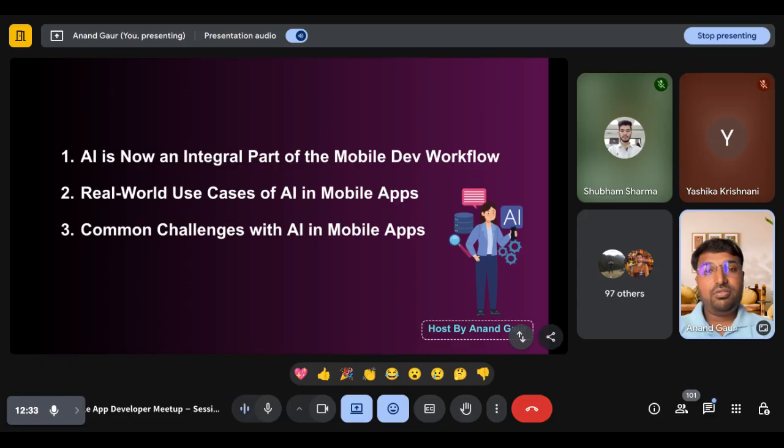AI is not just about adding chatbots or voice assistants. It is now helpful for writing smart code, debugging faster, automating UI and UX testing, and generating personalized user journeys. Earlier AI was backend only; now it is becoming a developer assistant, UI enhancer and user experience booster,